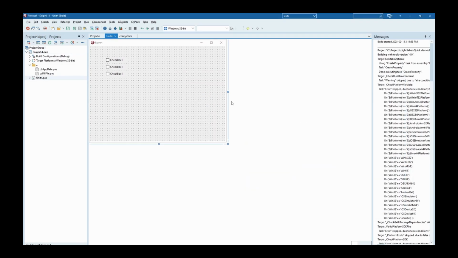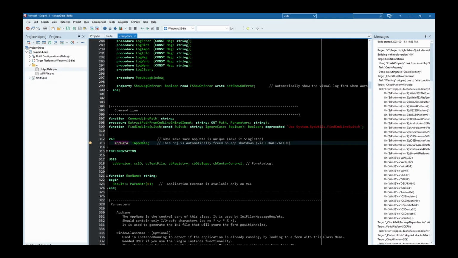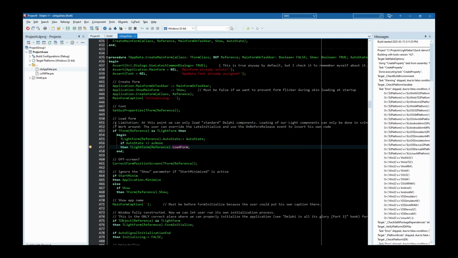And now let's see quickly how the visual components of the form are automatically saved to disk. This class already implements the necessary code. So we have this code here. When the form starts, it calls load form and reads from the ini the state of the components. And of course, this is saved to the ini file when the form shuts down. We use a similar function called save form.